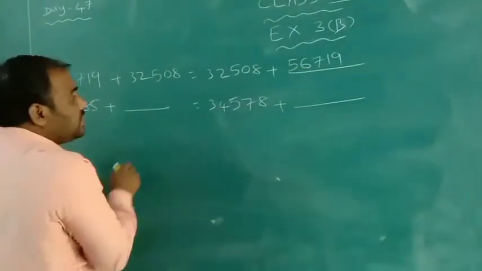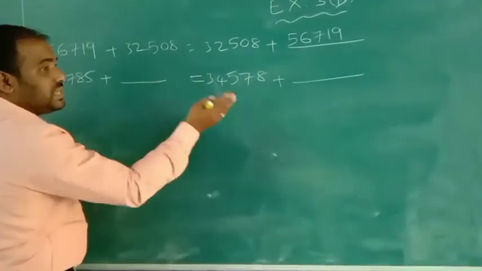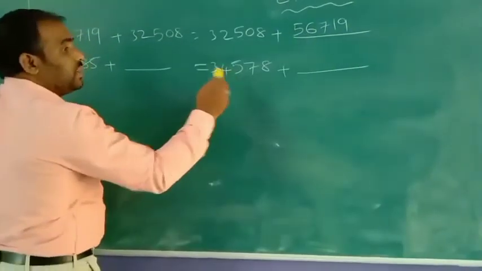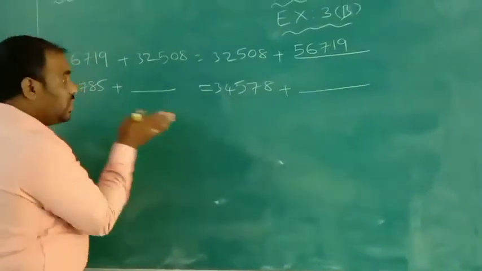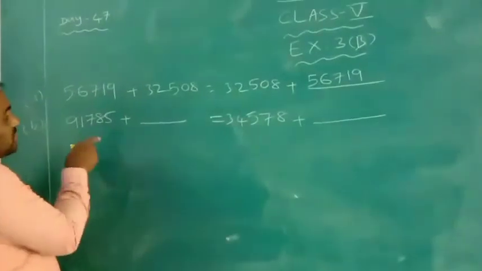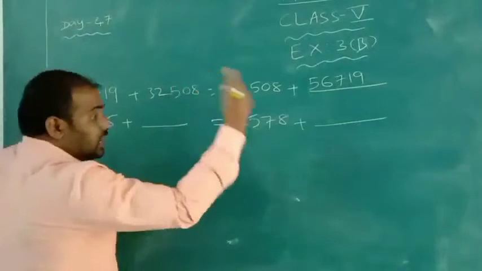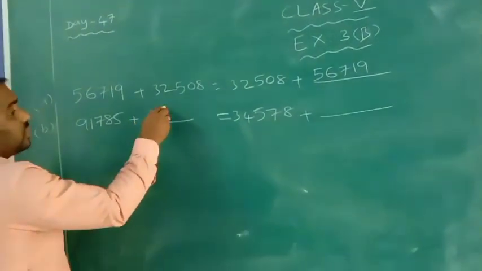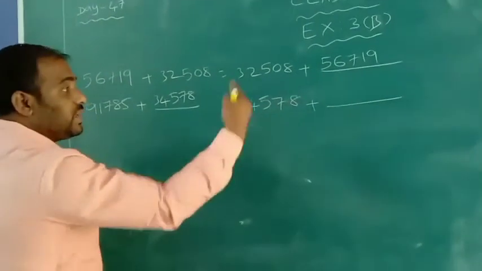See here, simple. Here is sum of two numbers with one given, right side sum of two numbers with one given. What are we getting here? But is equal to is given na? Is equal to means both are the same na? Both are the same means this is the first number, this is the second number. Because is equal to is given, it means LHS is equal to RHS. Left side is equal to right side. Therefore, sum of two numbers is equal to 91,785 plus the next number. What is here? The right side number only, the next number. See here, 34,578. Next RHS: see, RHS means right side.